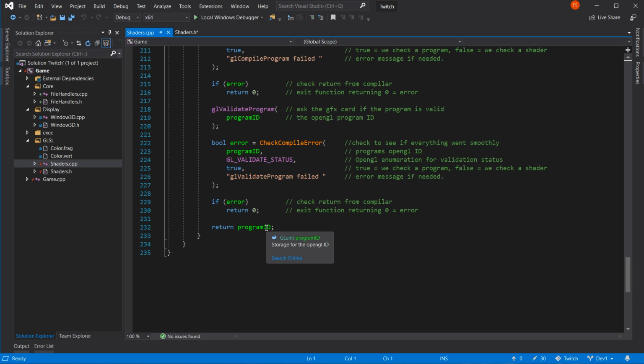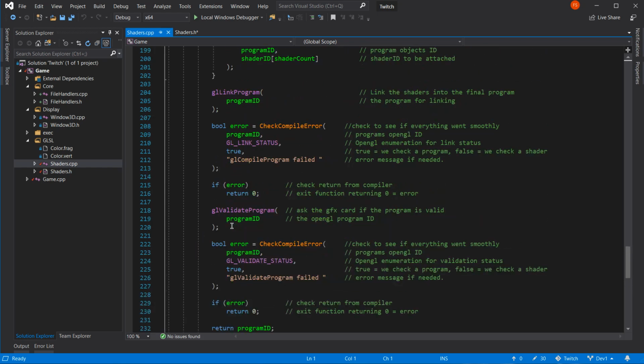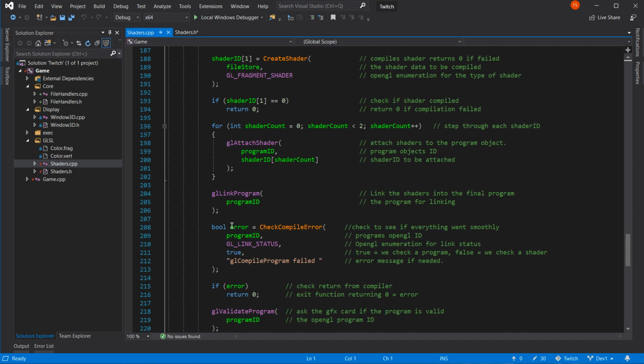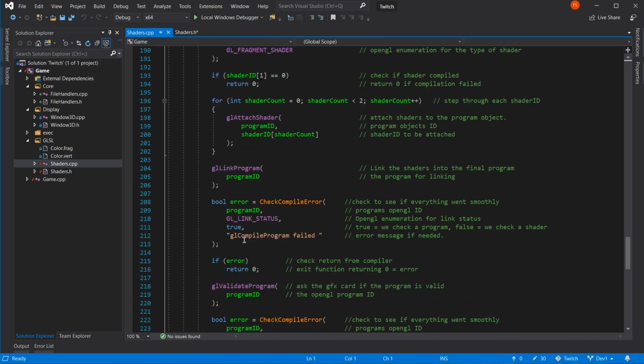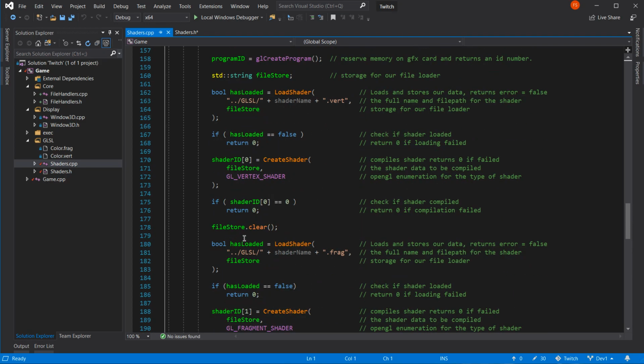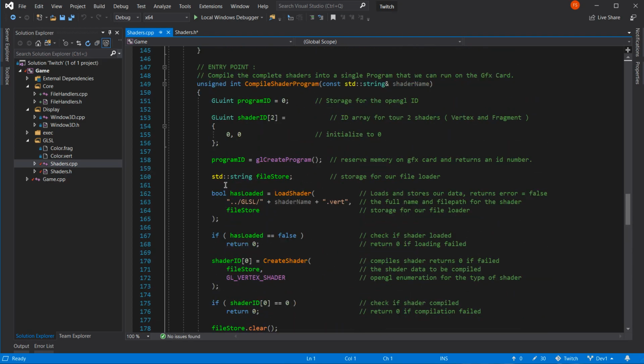At no point have we stored it anywhere else, and when that hits, everything in here dies. So as soon as this returns the program ID, all of these other variables that we've made up here, any variables that we've made like file store, program ID itself, will actually copy out its value. So program ID, shader ID will all die. Will all go back to the system.